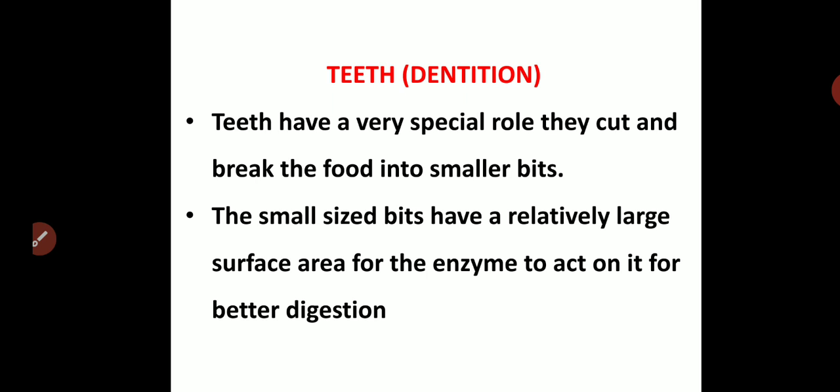The teeth play a major role in digestion. The first part, that is the mechanical digestion, is taken care of by the teeth. They are the hardest structures present in the buccal cavity of all the vertebrates. And mainly the mechanical digestion means mastication of food, that is breaking down of food into smaller particles. That work is done by the teeth. So that once the food is broken down into smaller particles, it is easy for the enzymes to work on them for better digestion.